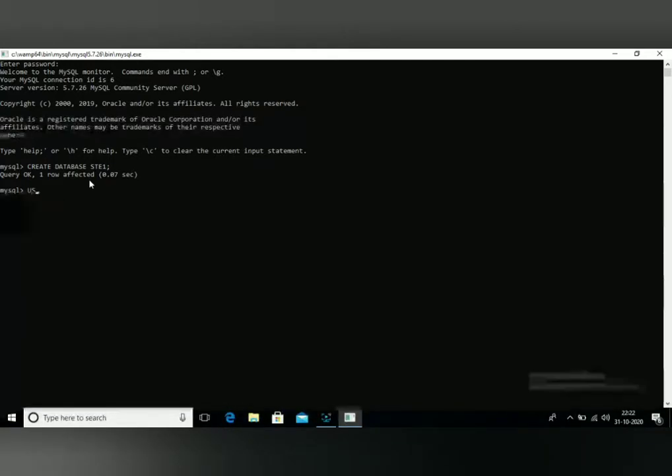Now I'll give use and the same name, that is STE1. In your system you enter your name. Now I'll give a semicolon. Press the enter key. See this one? What is the message displayed on the screen? Database changed. Now you have created your database and you are still in the STE1 database.